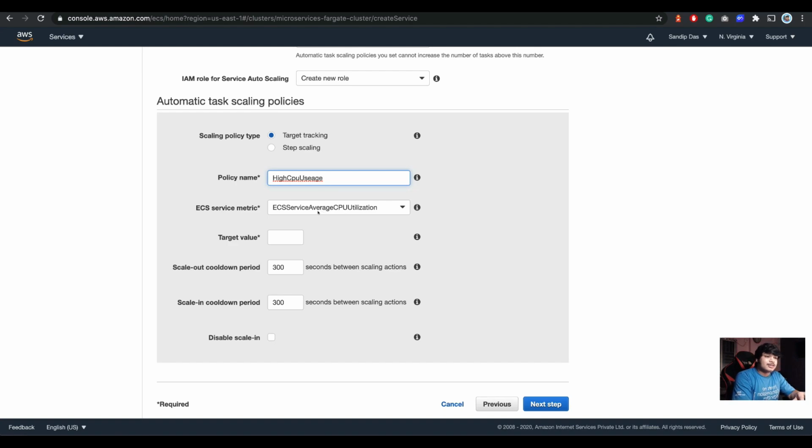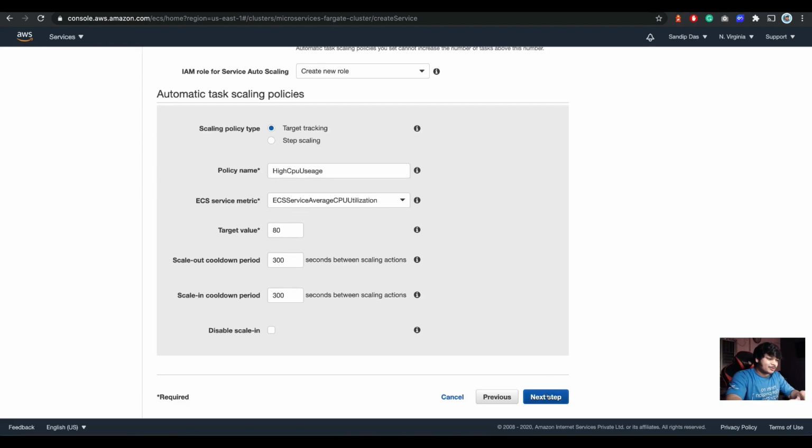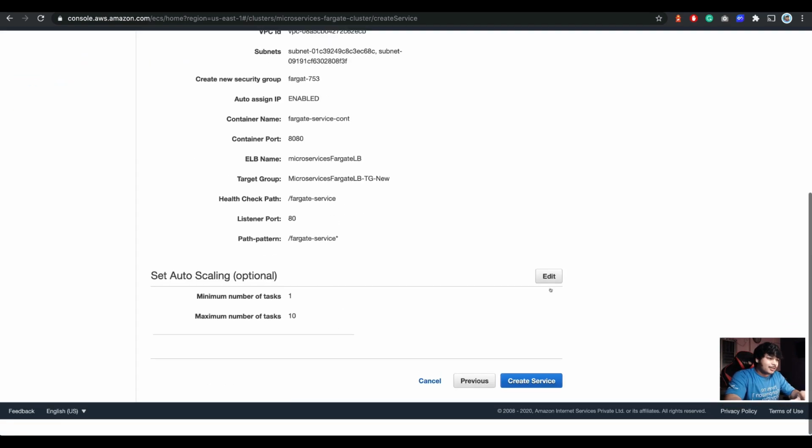So if there is high CPU usage, say more than 80%, then it will keep adding the ECS instances. You can also do it via memory, and via the ALB request count. So if there are too many requests, based on that you can also achieve the scaling. Okay, go for next step, and you're all good to go.